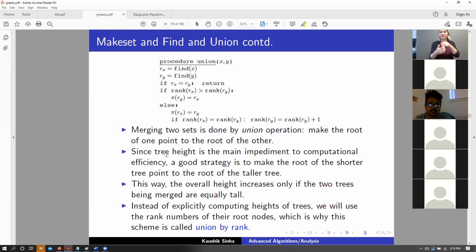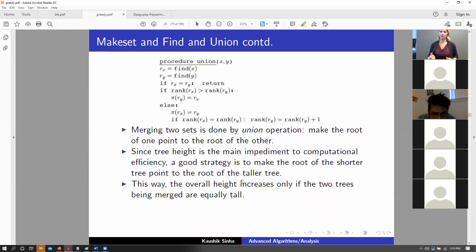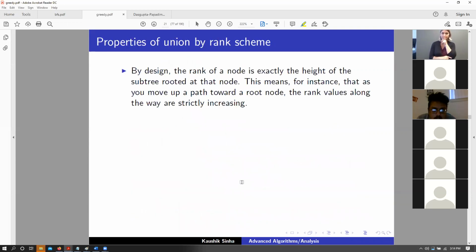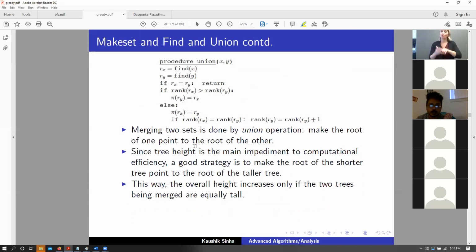Okay. So the union function basically follows certain set of rules. The union function just says, well, I have to talk about rank first. Okay, wait, it does talk about ranks. It does it later. Okay, so I'll come to this particular algorithm, pseudocode in a second. But conceptually speaking, what we want to do is